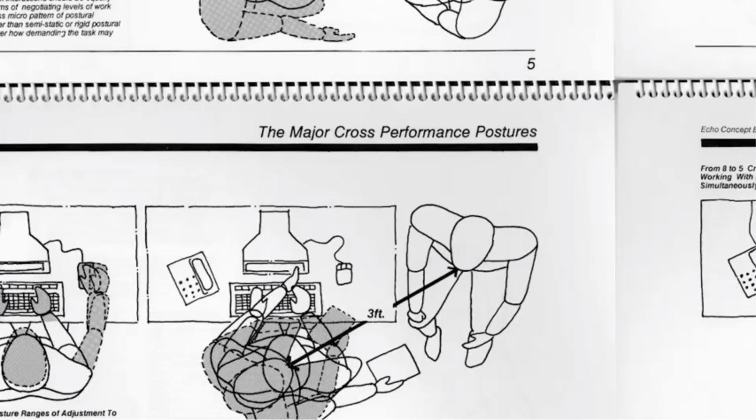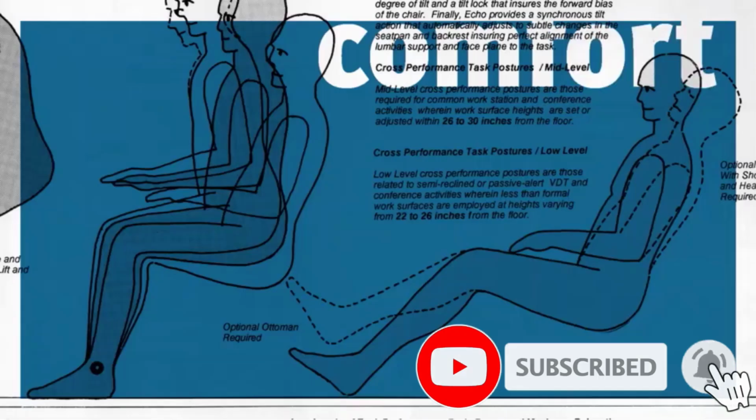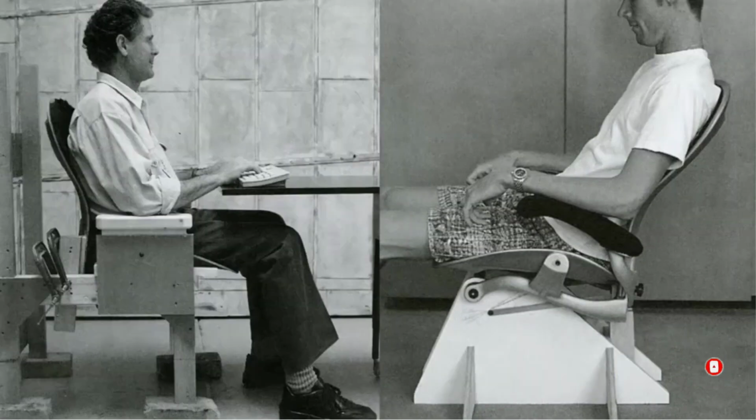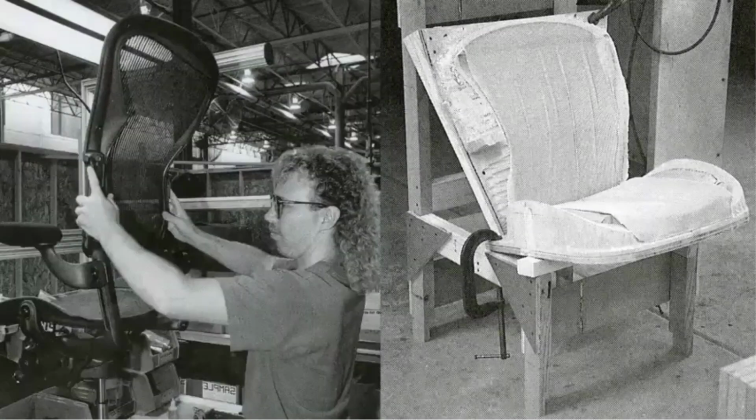But most importantly, it made me want to get up and move. That might sound like a bad thing, but movement is one of the best ways to counter the woes of sitting in a chair all day. If you want to transition from a chair to one of these, you should definitely ease into it and follow the company's